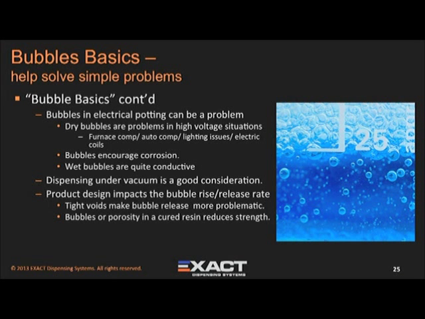Bubbles are more than just a problem with metering accuracy. The presence of bubbles can cause your parts to fail due to a wide range of issues. One way to make sure you don't have bubbles for critical processes is to dispense under vacuum. You also need to keep in mind when you are designing your parts to avoid tight gaps that make bubble movement difficult.